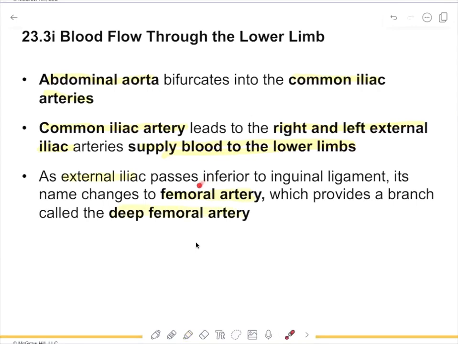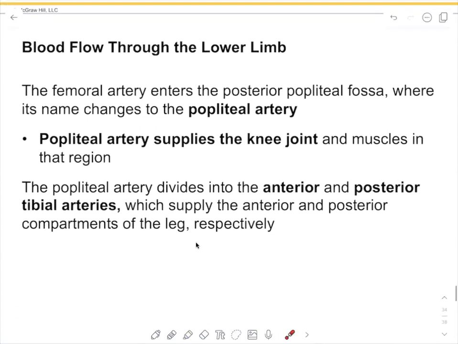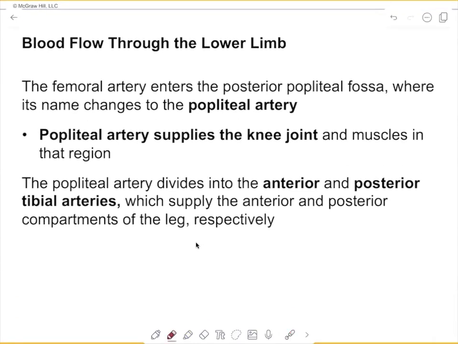The rest of it continues to the knee, where it's called the popliteal artery. The popliteal artery supplies the knee joint, and it divides into the anterior and posterior tibial arteries, which would be in the lower leg,